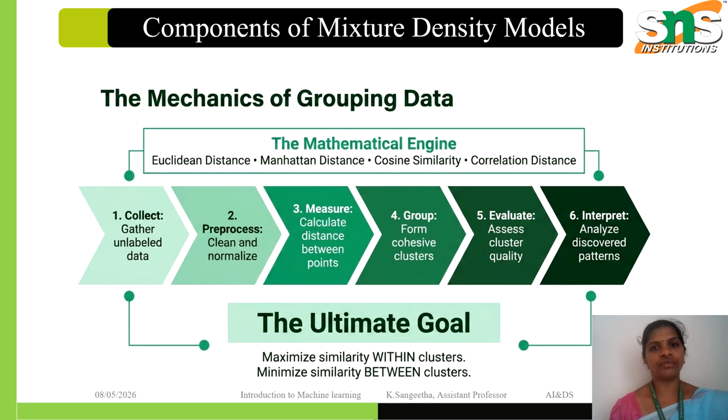Then there are three important components in a mixture density model. First, the mixture coefficient, represented by pi. It tells us the proportion of data belonging to each cluster. The second is the mean, represented by mu. It indicates the center of each cluster. The third is the variance and covariance, represented by sigma. It shows how widely the data points are spread around the mean. For example, if we group students based on attendance and marks, each hidden student group will have its own center,